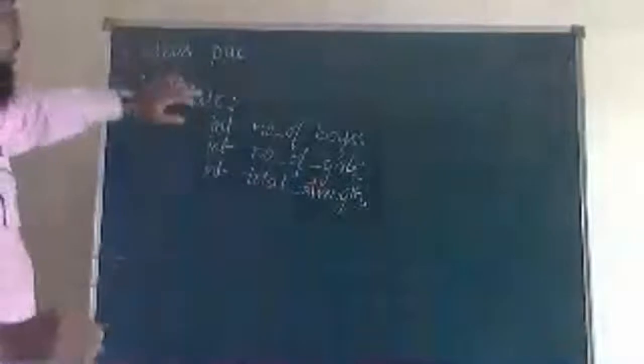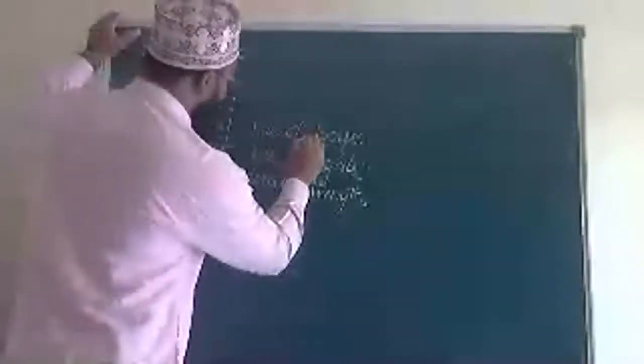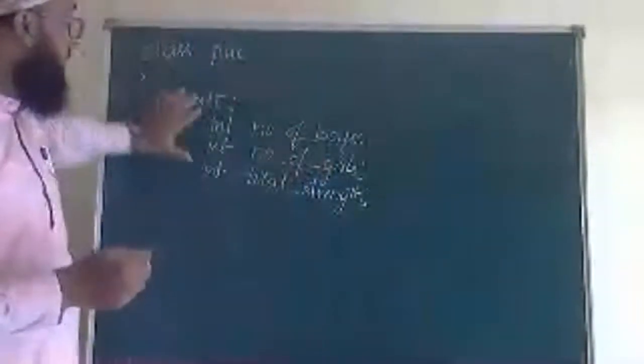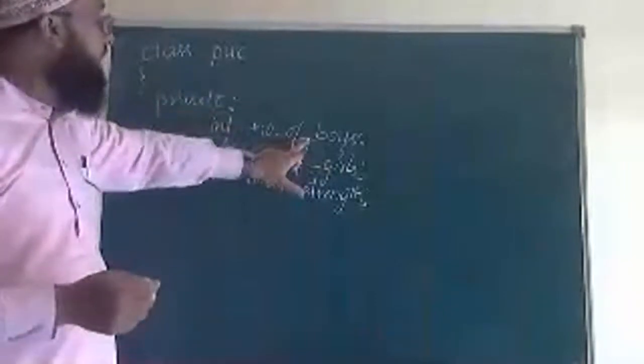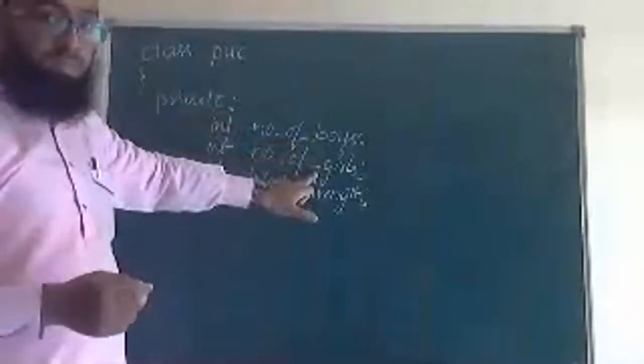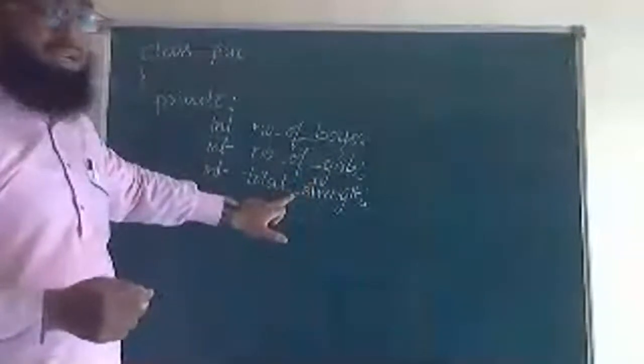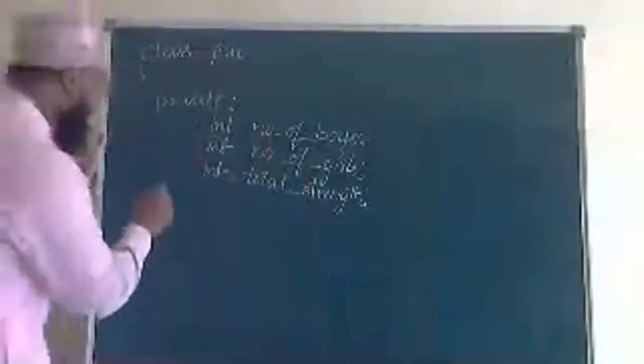Okay, you know why I am using underscore here? Because the data types will not accept any spaces. So for that I am using underscore here. Then under public